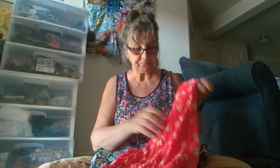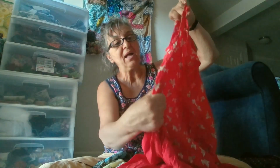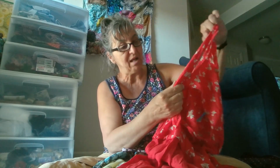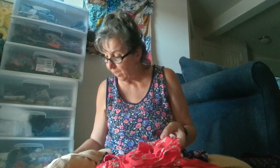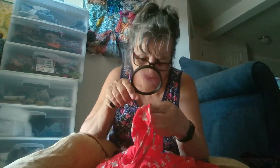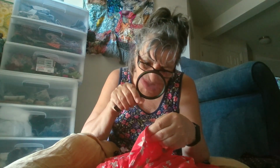So this piece is one that I got at the thrift shop this morning, and it's simply a dress, but I thought it was not in good shape. It's actually worn. This dress has been worn, and one of the ways you can tell is looking at the underarms. So I didn't feel bad about buying it and cutting it up. But I thought I'd wait till I'm with you to see if we can figure out what the fabric is. So this is made in Indonesia, and the company is Co-op